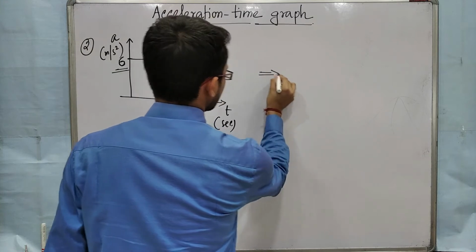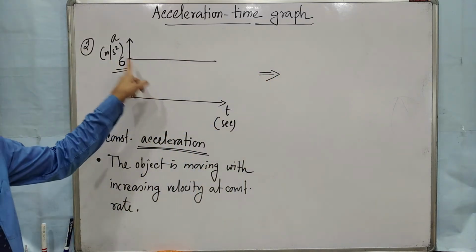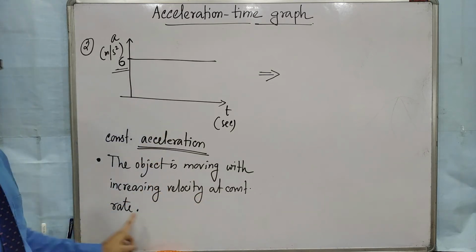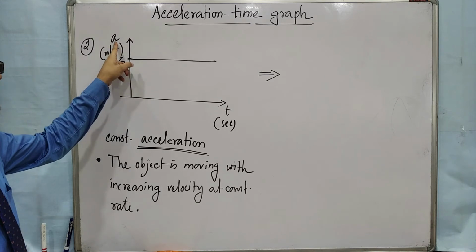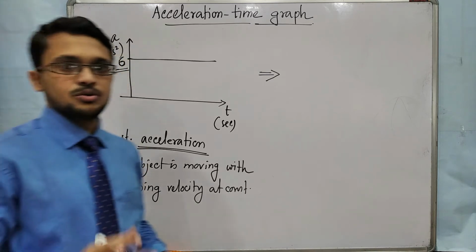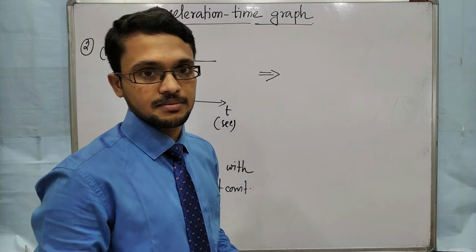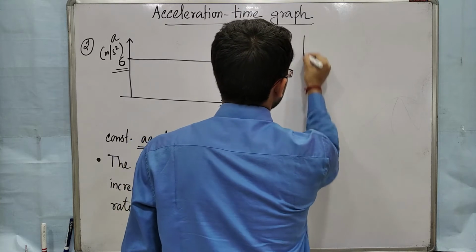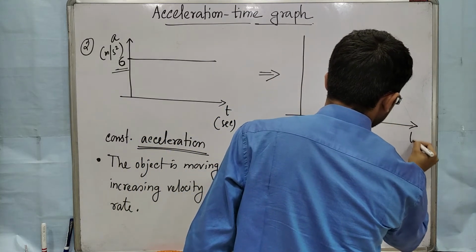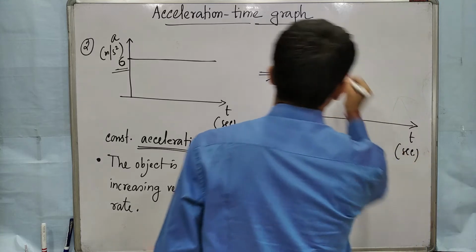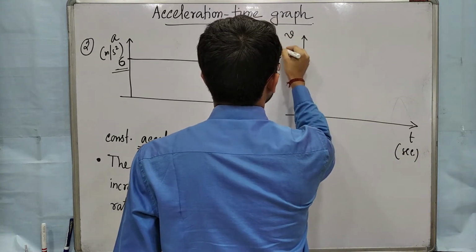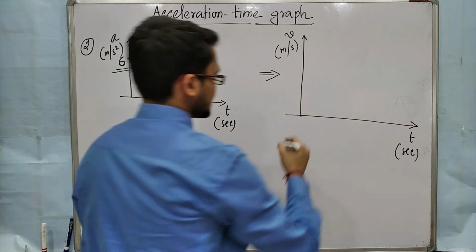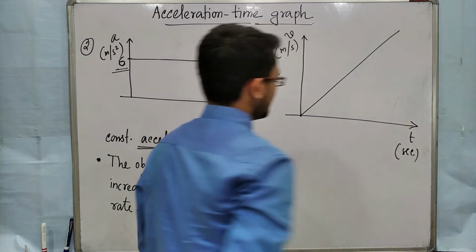Now suppose we want to draw the velocity time curve from the acceleration time curve. Velocity is increasing at constant rate. Acceleration is the slope of the velocity time curve, and here the slope will be constant. If the slope is constant, then we can say that the velocity is increasing at a constant rate. Constant slope means the curve will look like a straight line